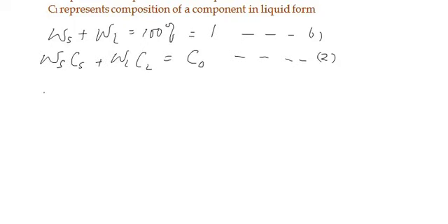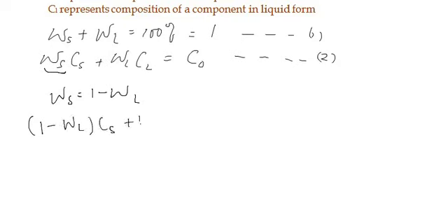From this, we can make our unknown variables ws and wl subjects of the formula. It depends on what you want to calculate first. So from equation 1, since ws plus wl is equal to 1, it simply means that ws is equal to 1 minus wl, right? Or vice versa. If you take ws as the one you are substituting, you can substitute it in equation 2 by saying 1 minus wl